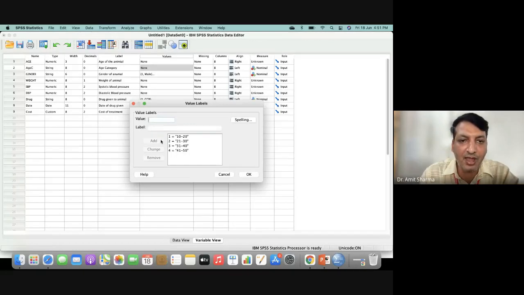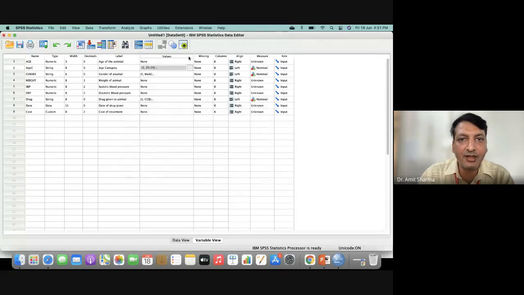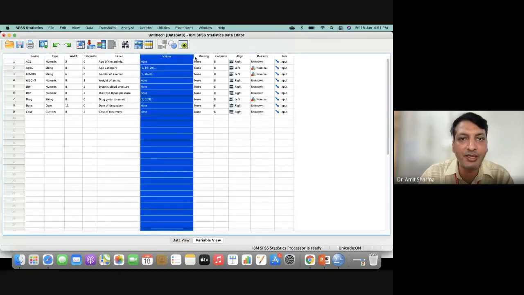Now you have to see what was the minimum age of a patient you got in your project, and what was the maximum age. For example, the maximum age you have received in your project is 97. So you have to code till 9. Okay, like this you can give the code. Once the code has been given, this is called coding in SPSS.